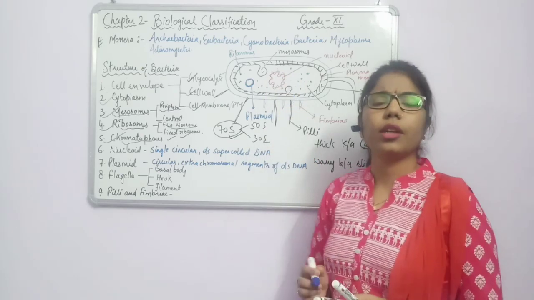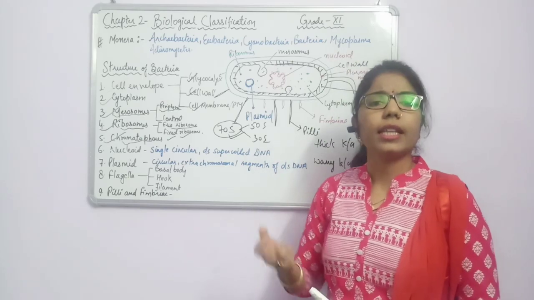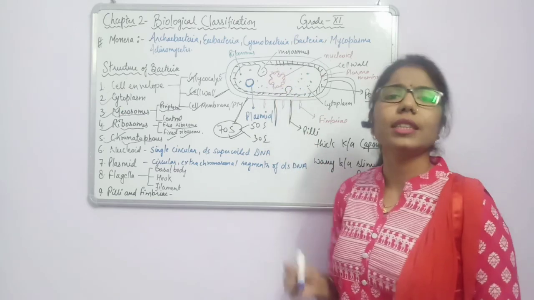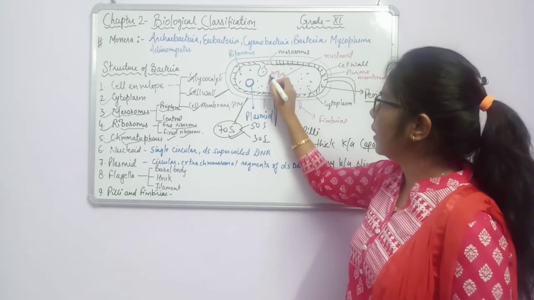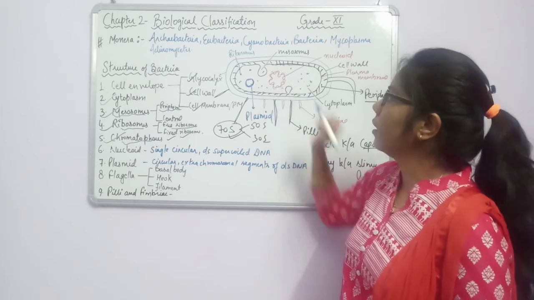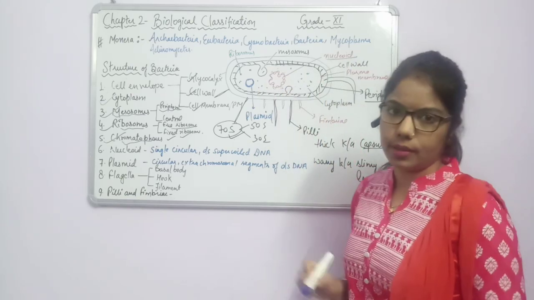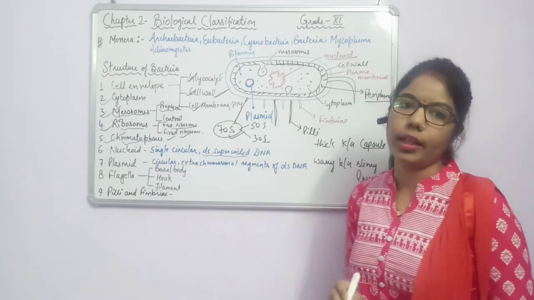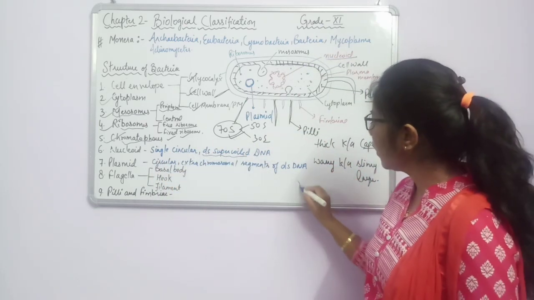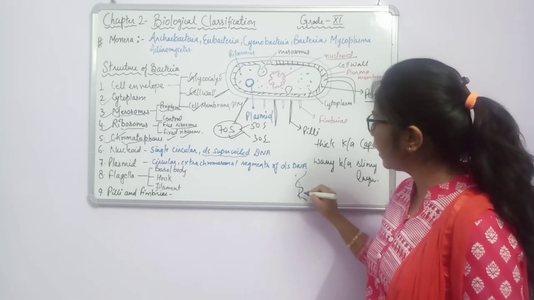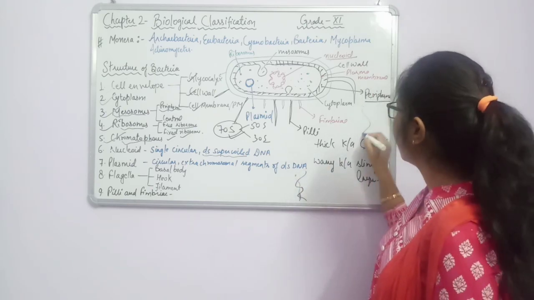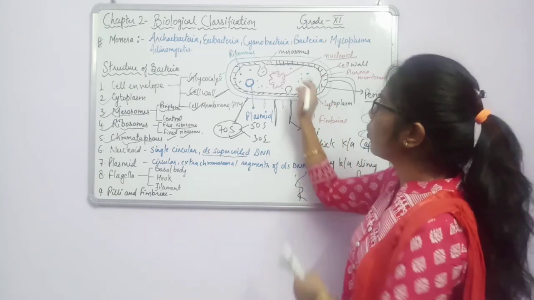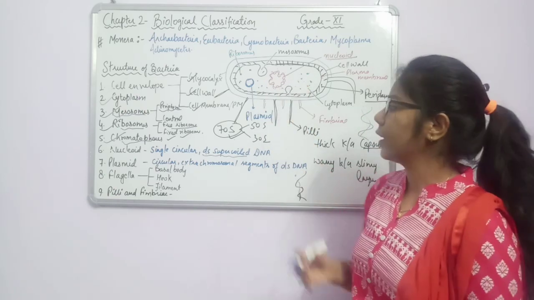Same as in a eukaryotic cell we have a nucleus, and inside the nucleus genetic material is present. Here the genetic material is naked. The name we have given to this naked genetic material is nucleoid. Here I have mentioned single, circular, double stranded, supercoiled. Double stranded means it is made up of a double helical structure, as we know the structure of DNA. In eukaryotes it is linear, but here in the prokaryotic cell it forms a circular structure.